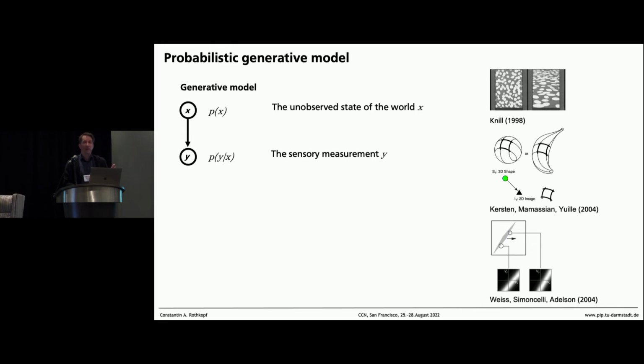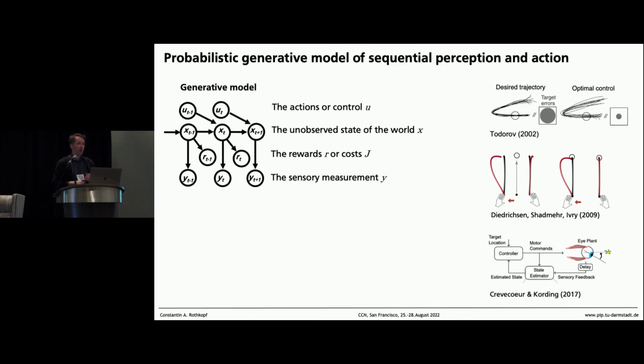Okay, so here we don't have any actions, right? We don't have decisions, we don't have actions, we don't have rewards, anything like this. So if you actually introduce this, so now you have controls, the u's, you have the rewards, and you have now a temporal evolution, then you get to this particular model here, which is the so-called partially observable Markov decision process. And what you can see is, there is this slice here that is reminiscent of this model of perception, but now you have these slices over time, and you have these actions, and you also have the rewards.